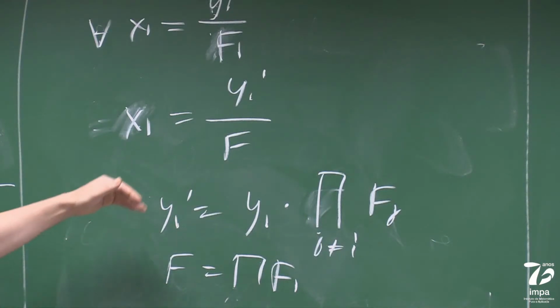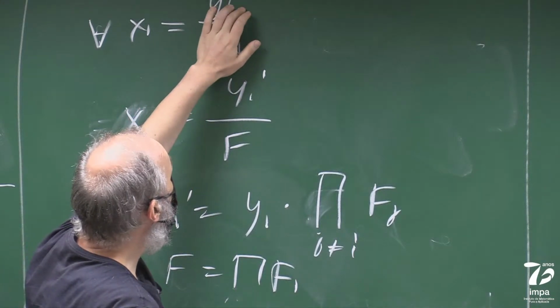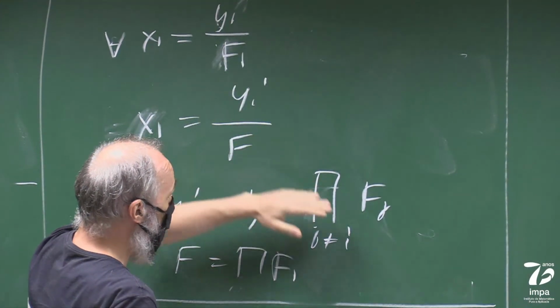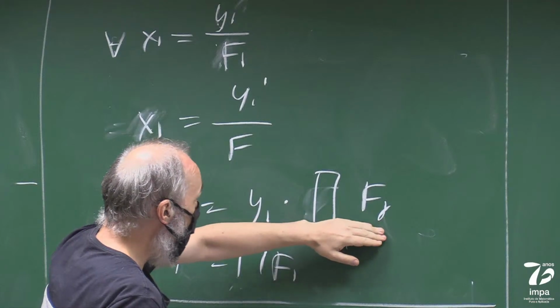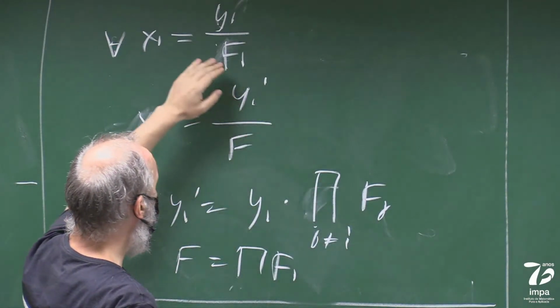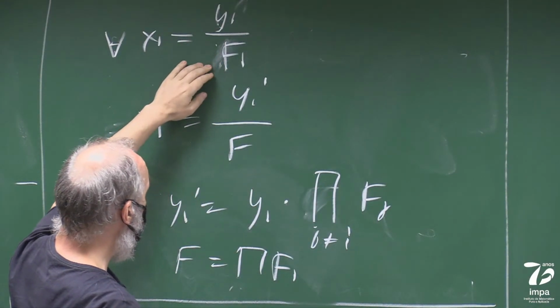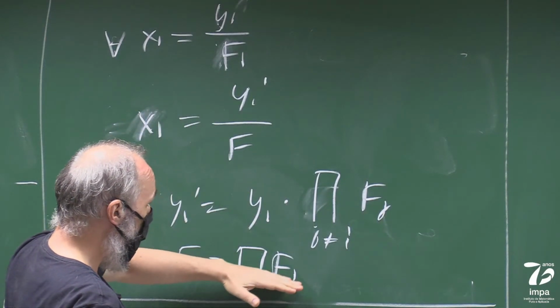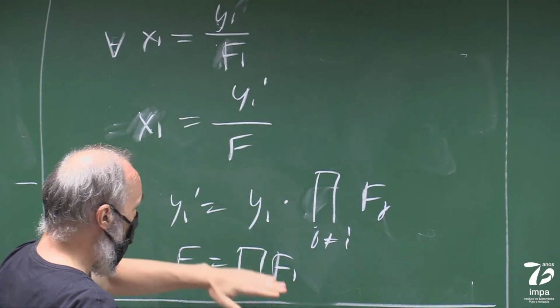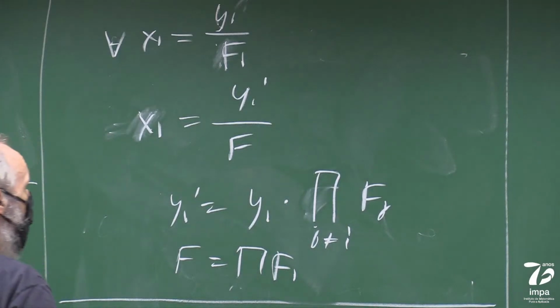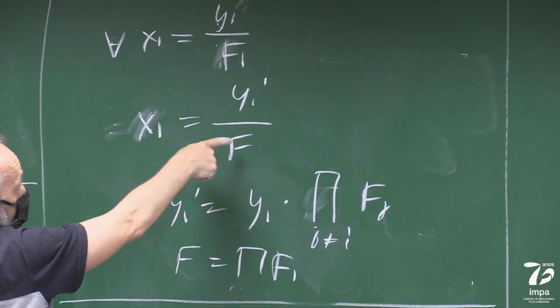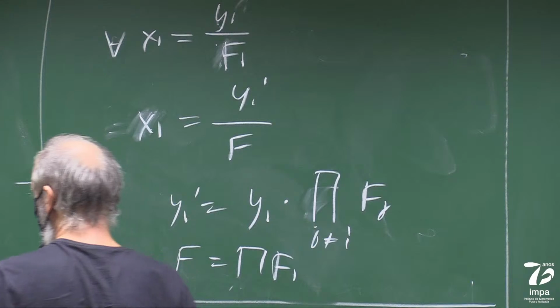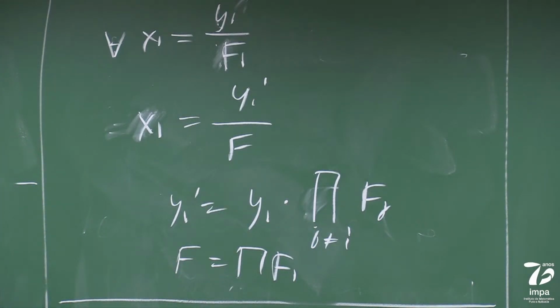We just multiply the first term by the product of all the rest of the fi, and then you multiply the bottom term, the denominator, by the product of the same, and it will give you a product of all fi. So we have x expressed as a quotient by f, and then